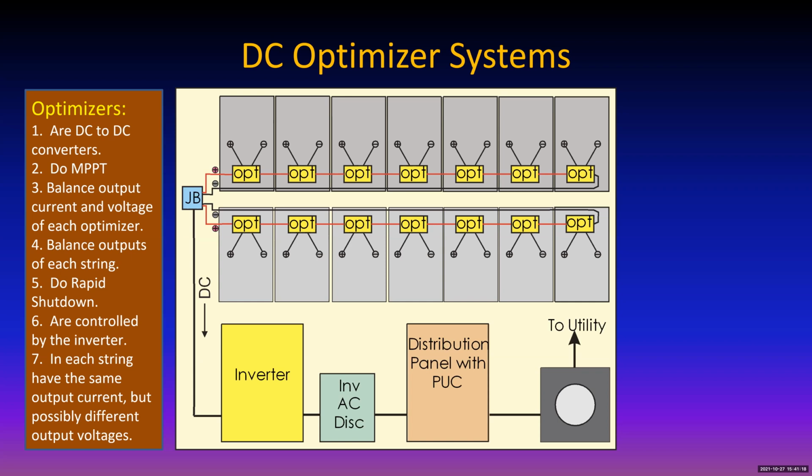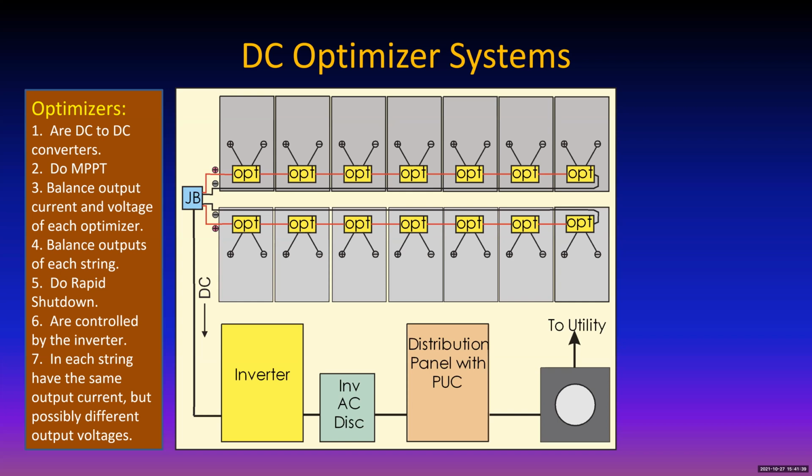The DC to DC converter is like a transformer. It will transform the DC voltage up or down, but the power in has to equal power out. So if the DC voltage goes up at the output, then the current has to go down at the output, so that the product of current times voltage at the input is the same as at the